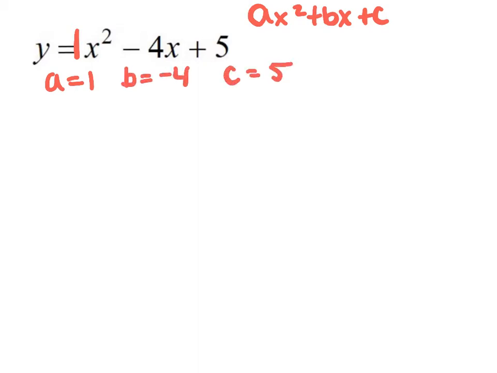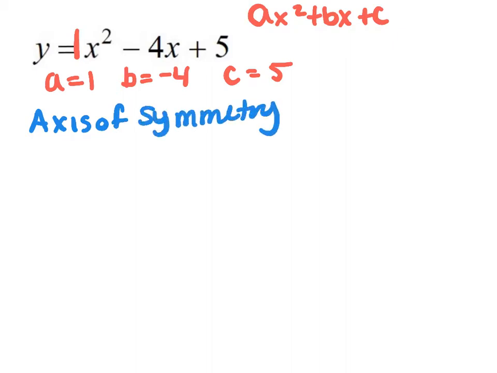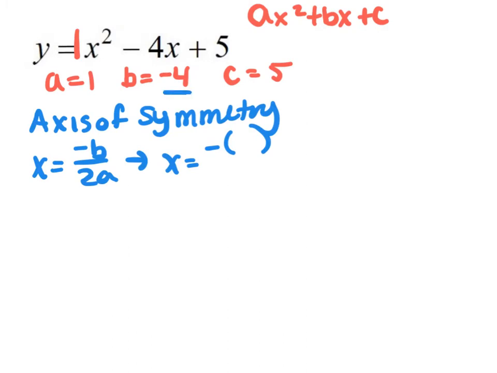Now to determine the axis of symmetry, or the x-coordinate, we use the formula x equals -b over 2a. So in this case, we get x equals negative times the value of b, which if we look up above, the value of b is -4. So it's negative times -4 all over 2 times the value of a,